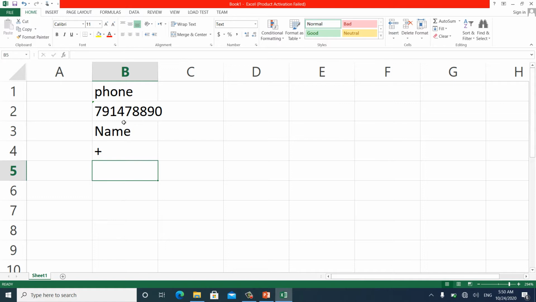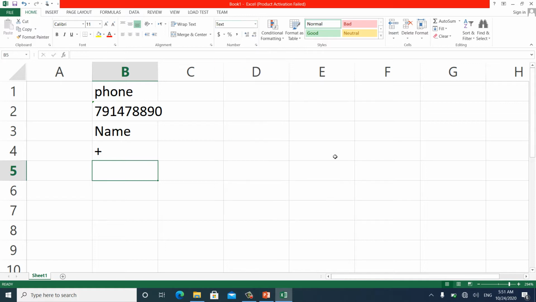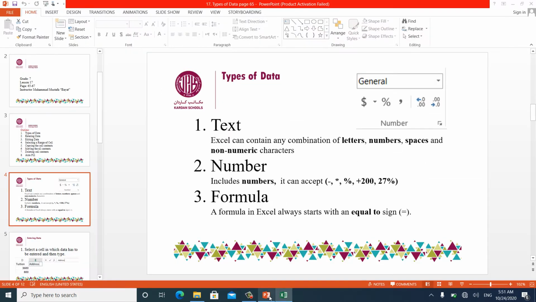But it is better that when you choose text, just write characters, not numbers, not symbols, or any other things. Because we have different options in here. I mean, for number, we have fractions, percentage, and also currency. So let's open the